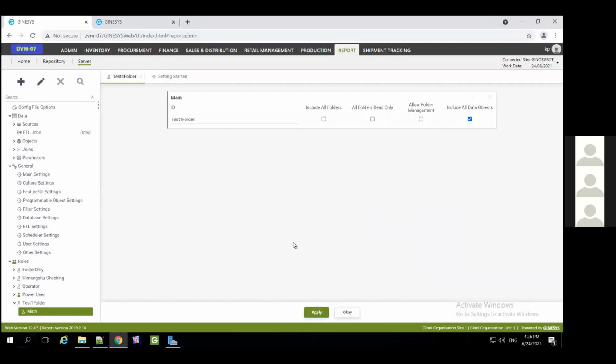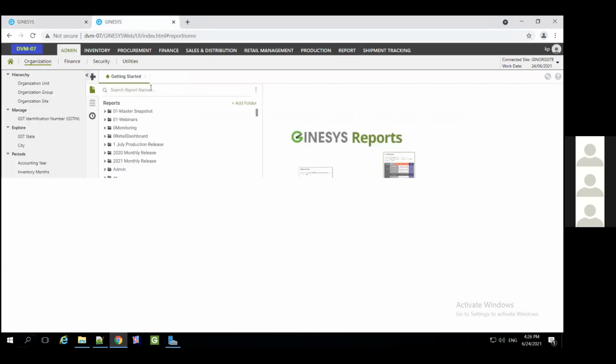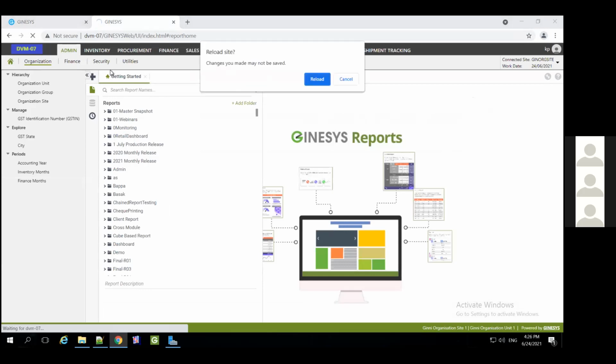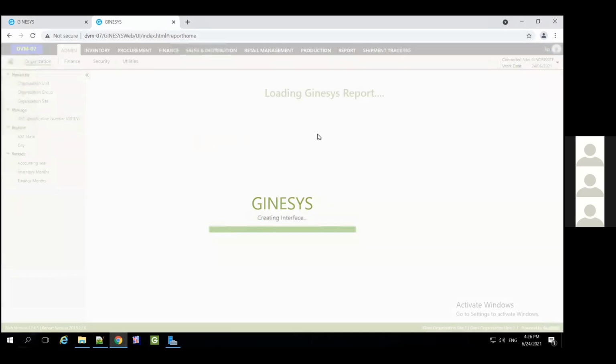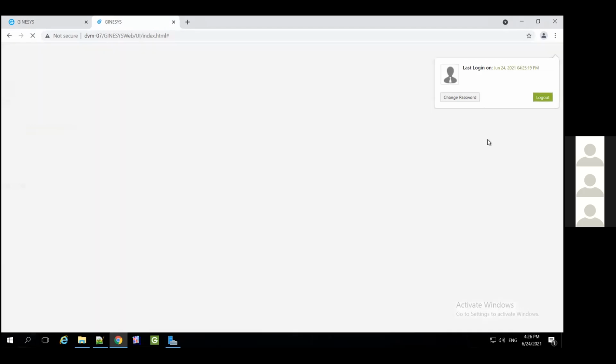So now, if I select include all objects and then apply, and I quickly just refresh this page. Log out. The other access, log out from this.